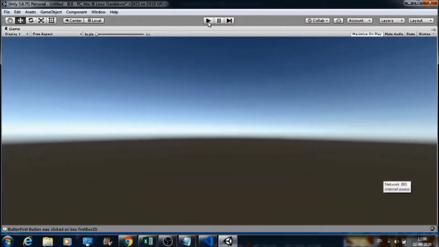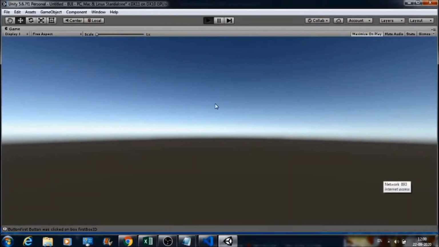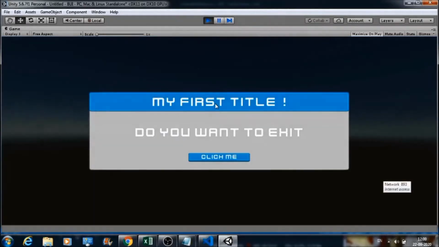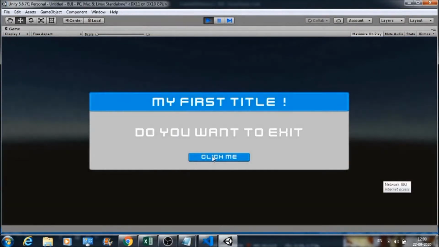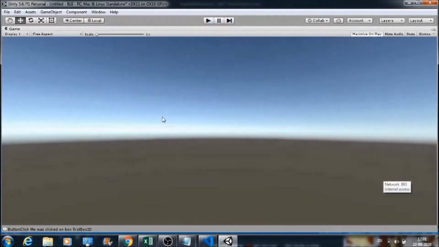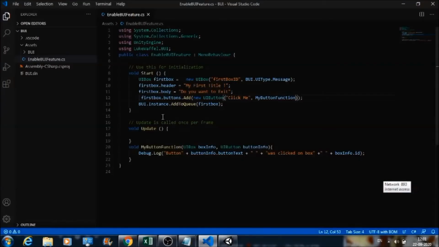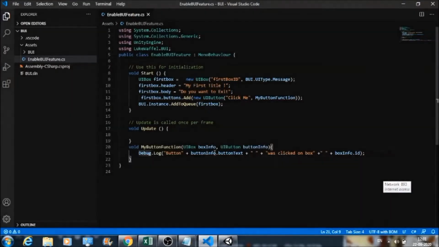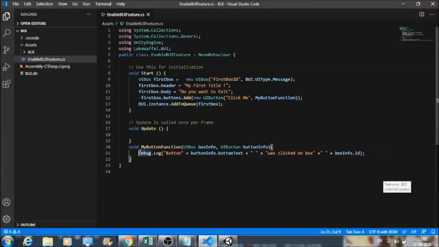Save the changes and hit the play button. So here you're going to see click me. When you click on this button, you'll get to see this thing: Button click me was clicked on box first box ID. This text is getting reflected here just because of this thing that we have got here.